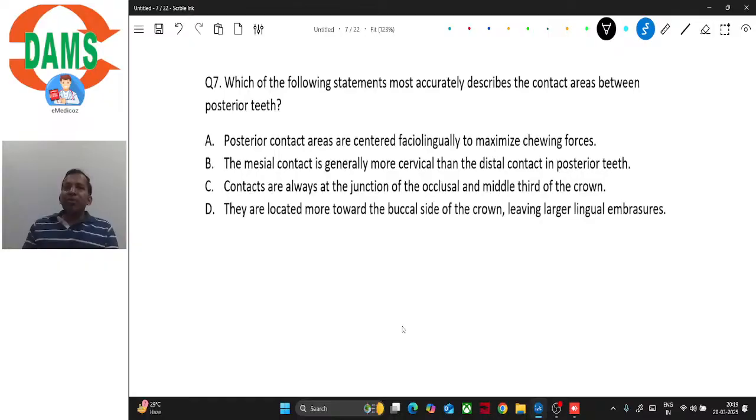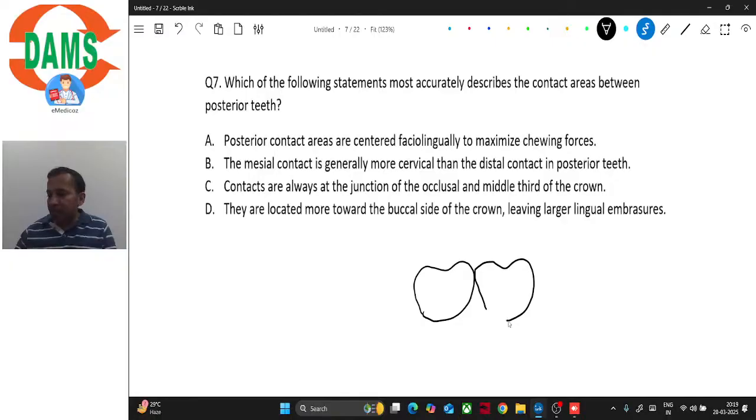Which of the following statements most accurately describes the contact area between posterior teeth? Which statement is absolutely correct about the contact area in posterior teeth? Posterior contact areas are centered facial-lingually to maximize chewing force. So, okay, when we look at them from the occlusal view,